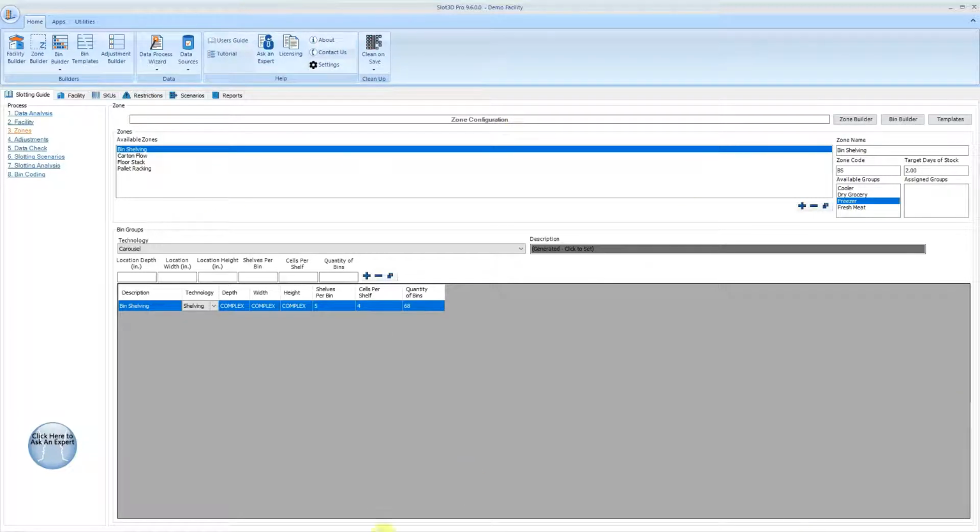Now to set up a restriction. If we want to set up a restriction for specific zones, you're going to want to be in the Slotting Guide tab and click the zones under the process list. So here we see 4 different zones. We have 4 different SKU groups. So we'll just say that in the bin shelving zone, only the cooler SKU group is allowed to be slotted there. So you'll just double click, and now you'll see that the cooler SKU group is now assigned to the